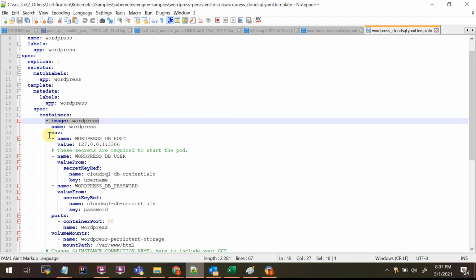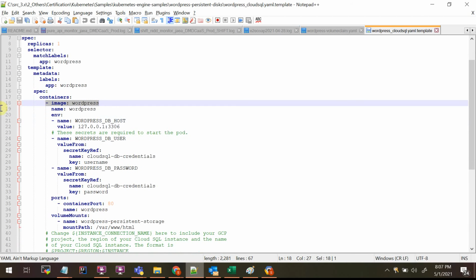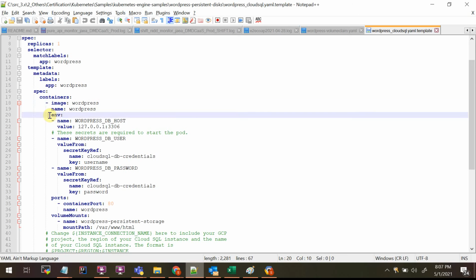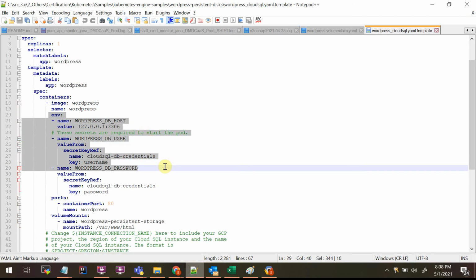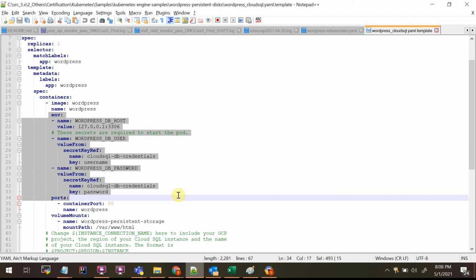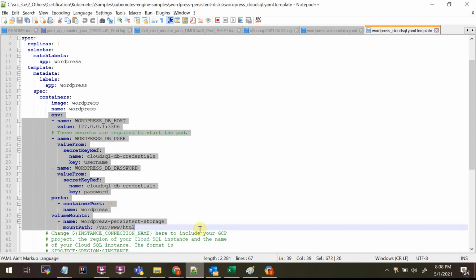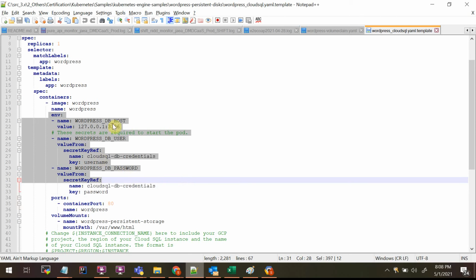It should be configured as environment variables. Following that good practice, your DB is something configurable, so it should be outside, not inside the code. So as per the good practice, we insert the environment variables that we use, which is the WordPress DB host, which is